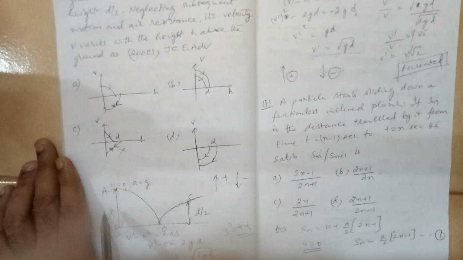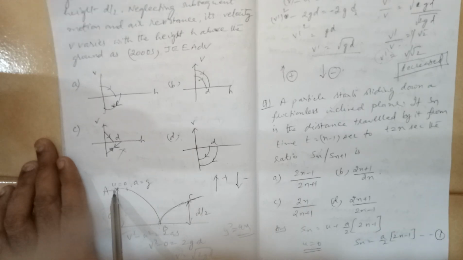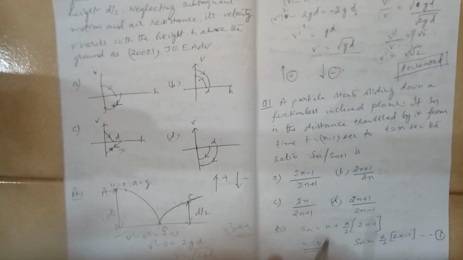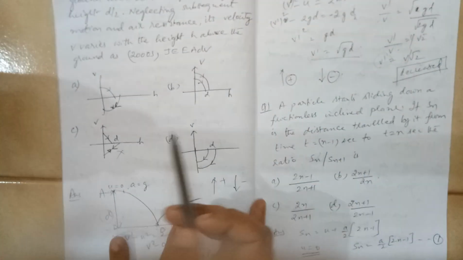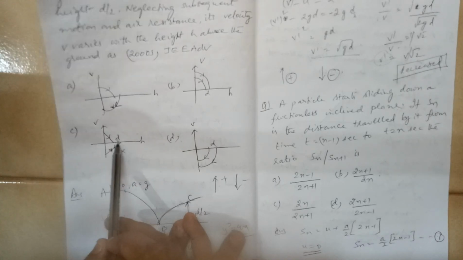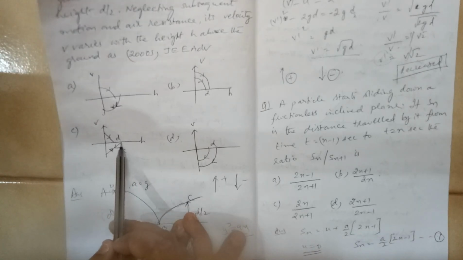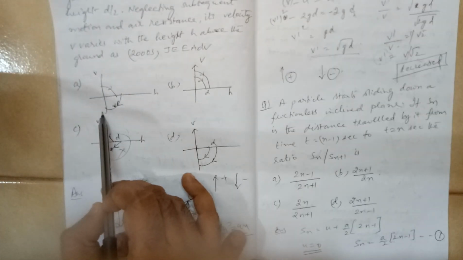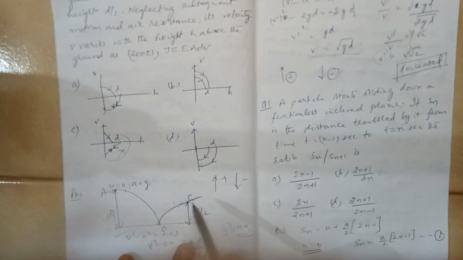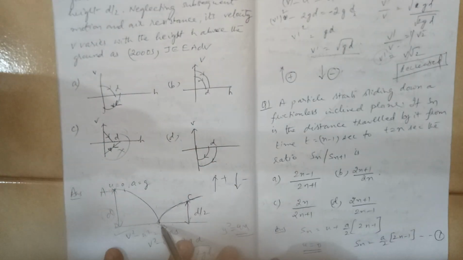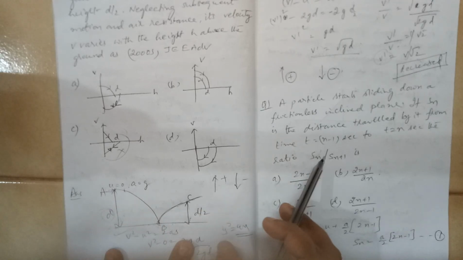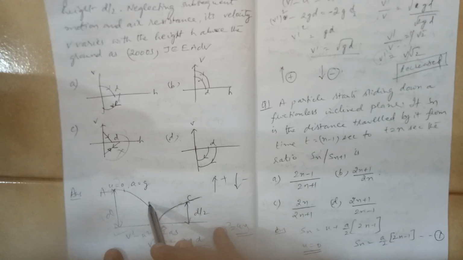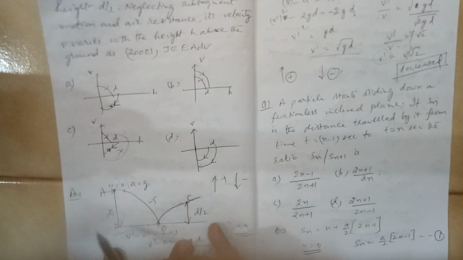So initially the ball has been dropped from this point. From a distance d, when the ball is dropped, the velocity is increasing in the negative direction. So it is not a straight line, it is a parabolic variation, right? And then once it reaches here, its velocity, is it increasing or decreasing? From here it is 0 and it is minus. So let us say some minus 5. So 0 to minus 5 means it is decreasing.